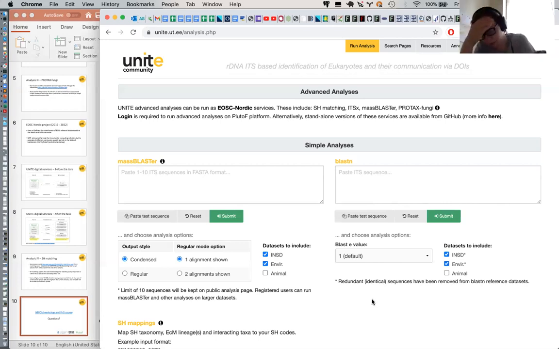There have actually been talks with one of the partners in this EOSC Nordic project, who suggested that why don't we include our tools in the Galaxy framework and integrate Galaxy into PlutoF instead. So this is maybe something to talk about. So you could use all the workflows and the tools that are available in the Galaxy. I'm not sure if you have heard about it or used it. A bit, but